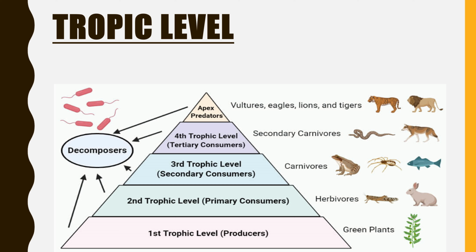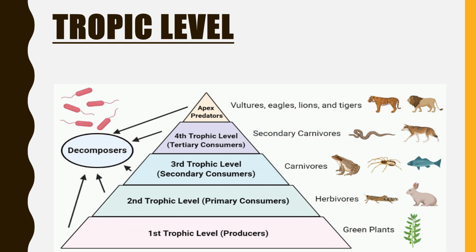The various steps representing organisms in the food chain at which transfer of energy and food takes place are called trophic levels. Now the various trophic levels are: green plants or producers that fix the solar energy constitute the first trophic level. Herbivores or primary consumers constitute the second trophic level, for example, snail, rabbit, deer and goat. Carnivores or secondary consumers that feed on the herbivores are the third trophic level, for example, snake, frog, small birds and small fishes. And large carnivores or tertiary consumers form the fourth trophic level. Understood? Clear to everyone? Okay.